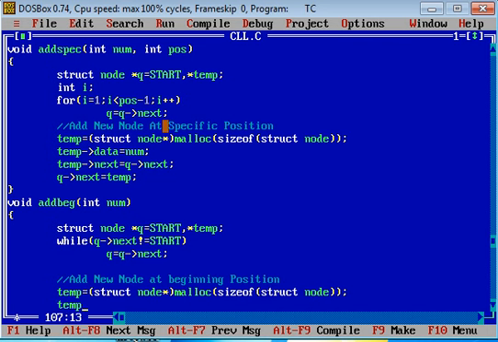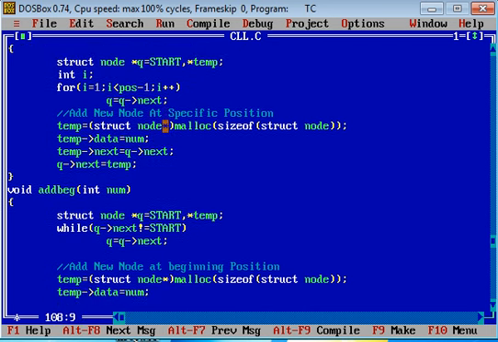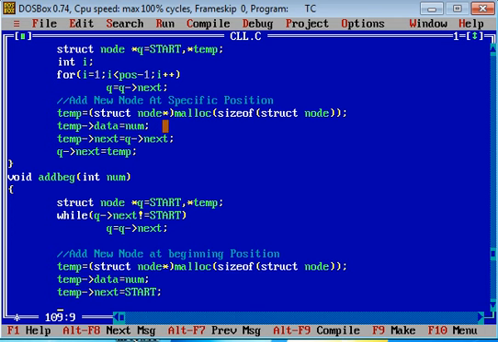Fine. Now you have allocated the memory for the temporary node. Now we have associated the data part with the number. Now what to refer? Temp of next is equal to start, and we have to refer